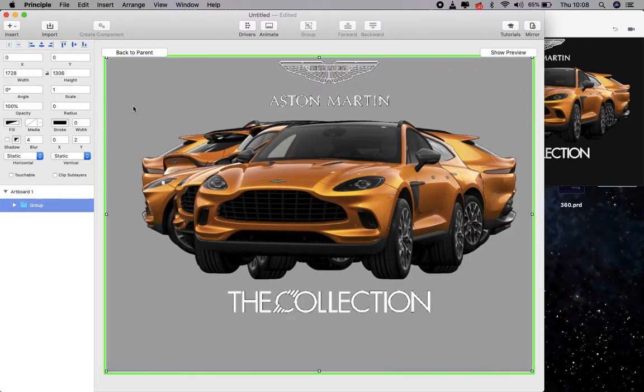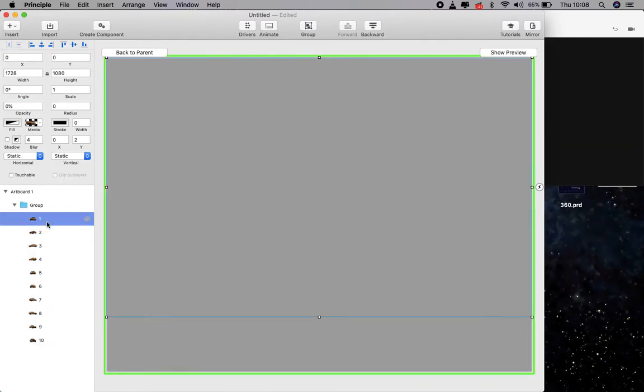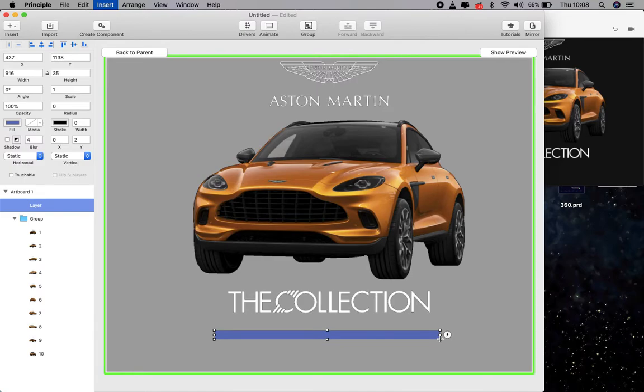So we have all the images, like 1, 2, 3, 4. First of all, make the opacity of all the images 0 except for one, which should be 100% opacity. And after setting the opacity, make a ruler or something on which you can drag and drop. You need a bar on which you can drag your cursor to move that car image. So set its height at 12 and